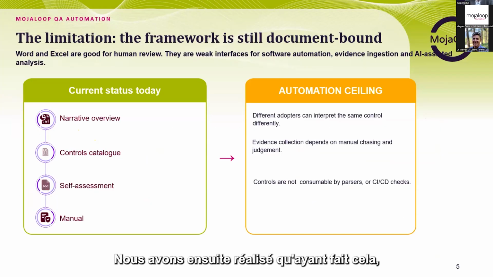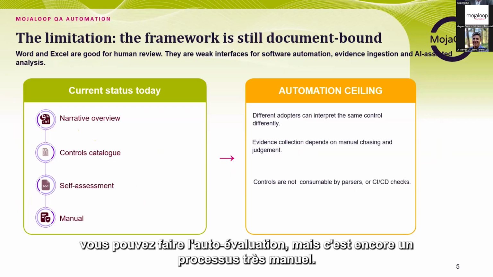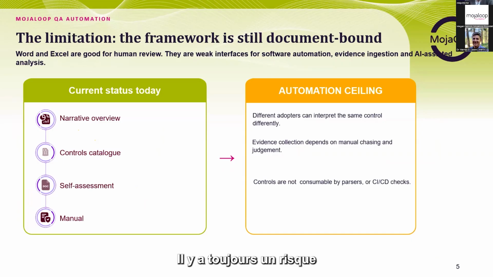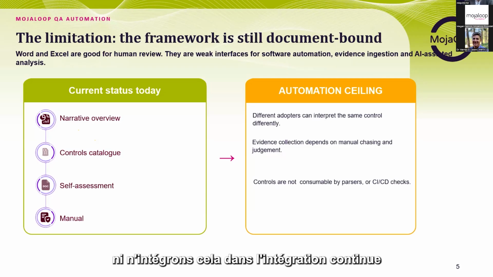Then we realized that, yes, the framework is available. We have the controls catalog. You can do the self-assessment, but it's still a very manual process. There is always a risk that different adopters can interpret a control differently. There are challenges around acquisition of evidence, and some of the conclusions might be based on judgments. We also are currently not using parsers or integrating this into our continuous integration and continuous development pipelines. This is why